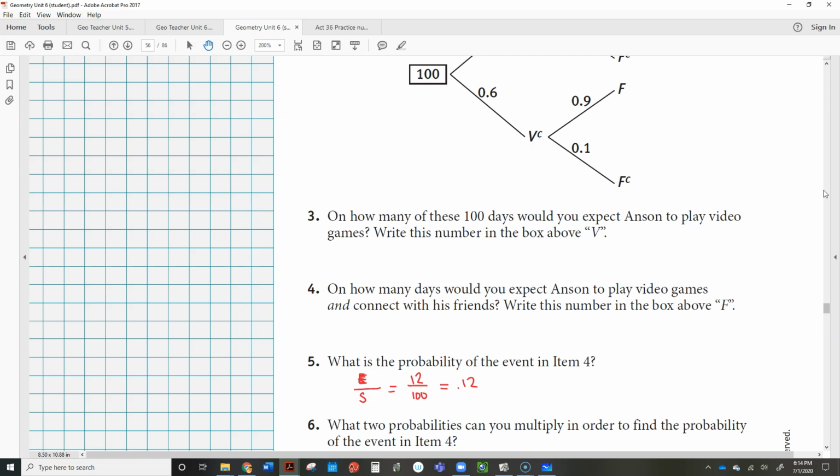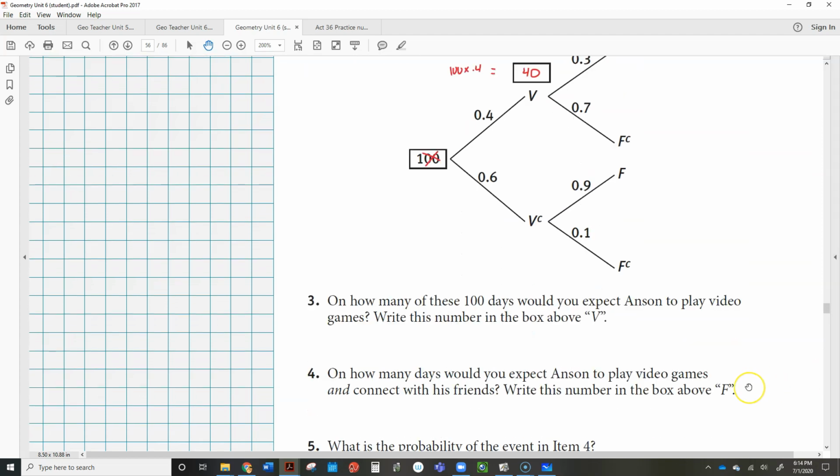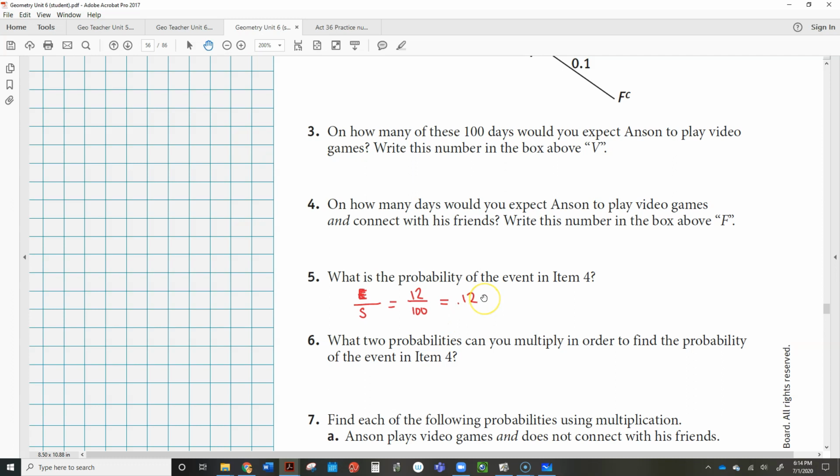Okay, now it says, what 2 probabilities can you multiply in order to find the probability of the event in item 4? I'm reading number 6. They're just wanting you to notice that if we had skipped this information right here and we just multiplied 0.4 times 0.3, we would have also gotten 0.12, which is the same thing. So they're wanting us to say right here,